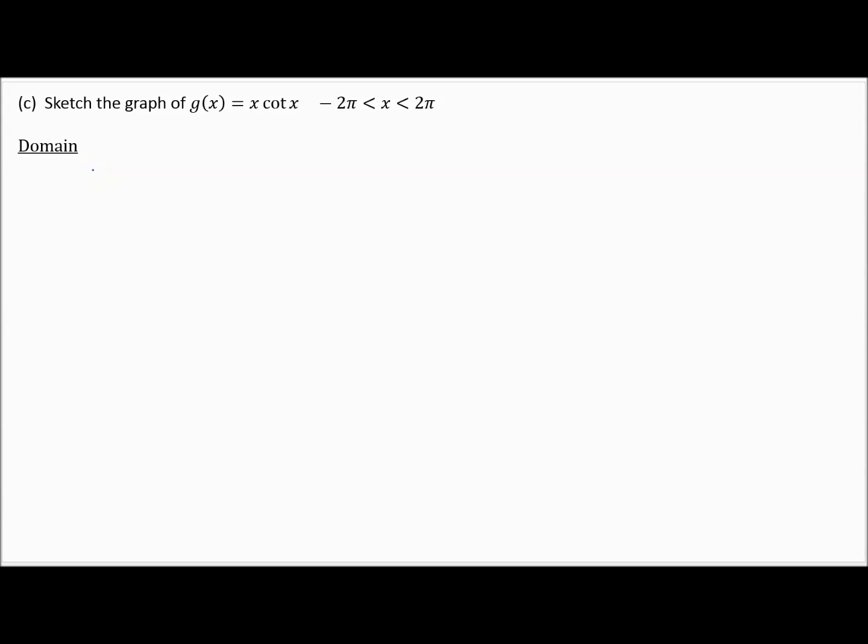Okay, what values are we allowed to substitute into this function? Now most folks don't look at cotangent, tangent of x, secant of x, and cosecant of x very well to think about the domain. You may want to convert that to sines and cosines. So another way to write this function is g of x is equal to x times the cosine of x